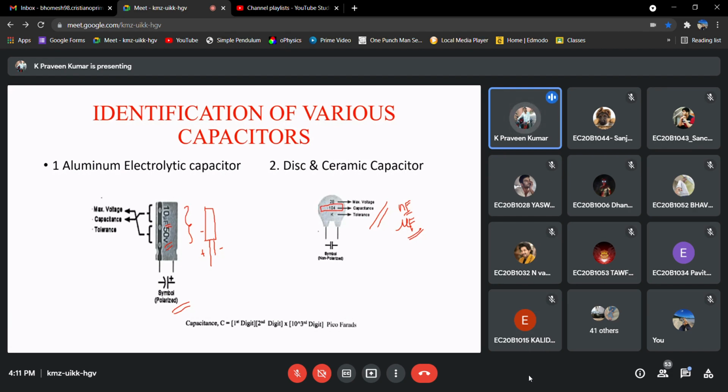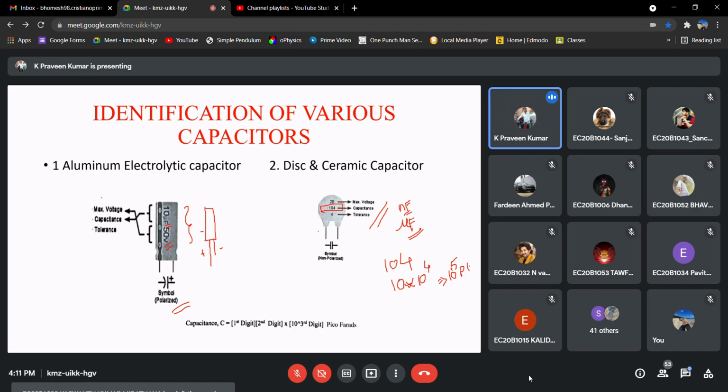If you observe here, we have the number 104. To know the value, write down the first digit, write down the second digit, and the third digit goes in the power, so this is 10 power 5 picofarad.